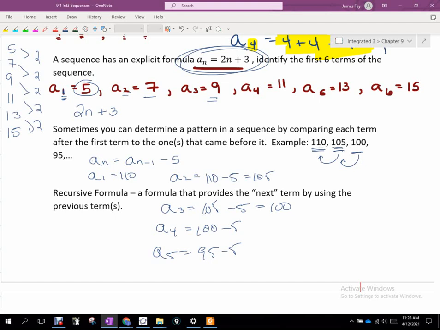Okay? These types of formulas where you're using the previous term or previous terms are called recursive formulas. I think you're going to appreciate explicit formulas after we deal with recursive formulas. Recursive formulas are very hard to realize what is happening. In all of these, it's hard to take the list and create the formula. If they give me formulas and tell me to generate the list, that is much easier. So that's kind of what we'll start off with initially.